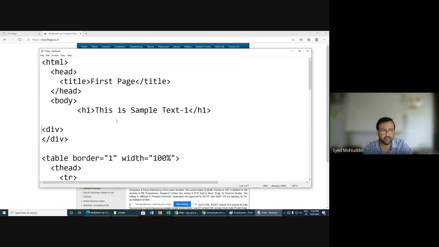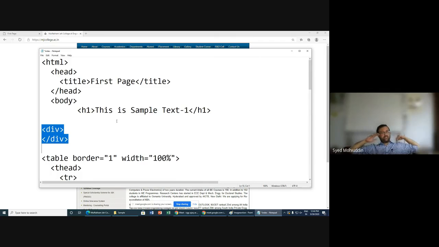Like your table divides the whole web page into rows and columns, in the same way the division tag will divide the whole web page into different sections. Along with this division tag, there is another tag called the span tag, and that tag also